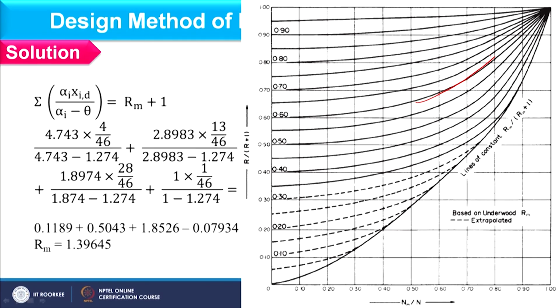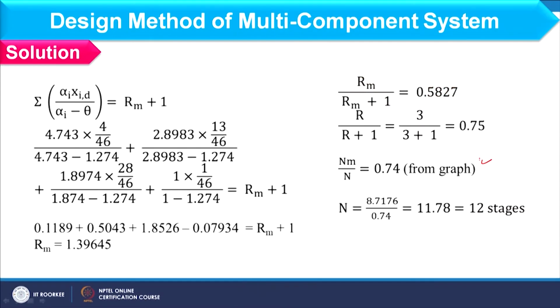So, this is the curve, okay, and 0.75 is R by R plus 1. So, you can consider this line. Okay. So, wherever it cuts this line, we can find Nm by N using this point. Okay. So, accordingly Nm by N you can find as 0.74, and so the number of stages N you can find as 11.78. So, that should be equal to 12 stages. So, in this way the Erbar-Maddox method works, and so we will cover the second example of the Erbar-Maddox method quickly, and